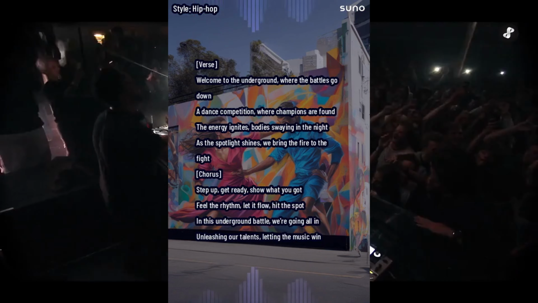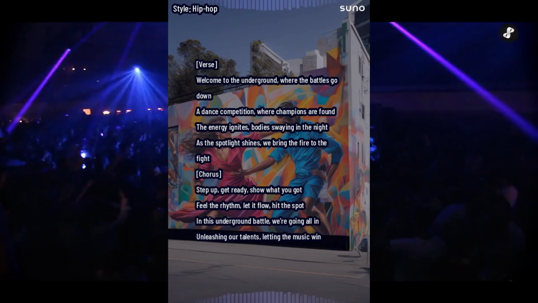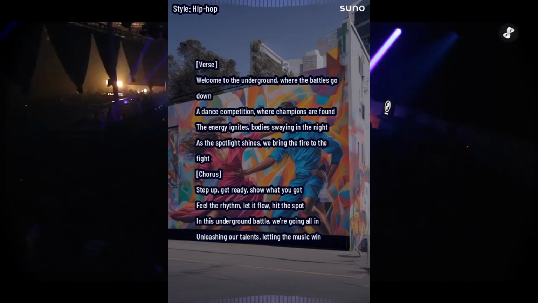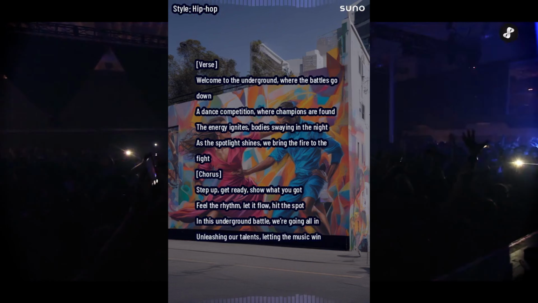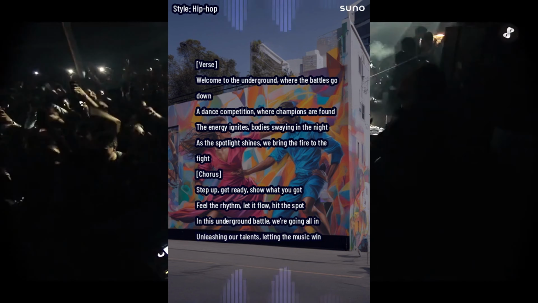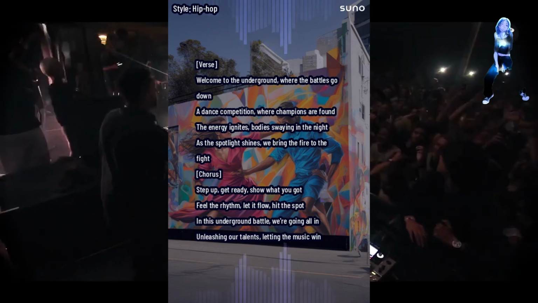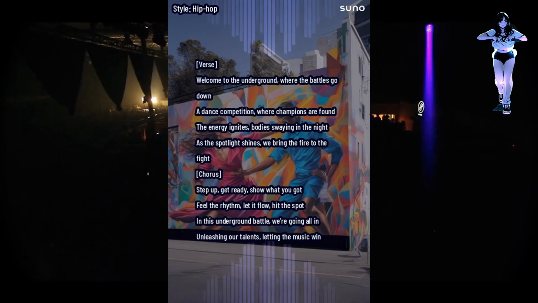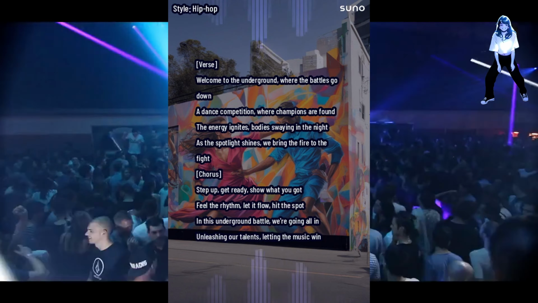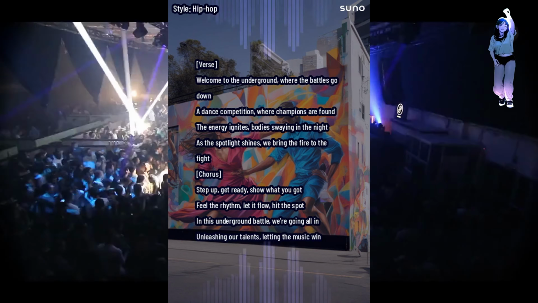Welcome to the underground where the battles go down. A dance competition where champions are found. The energy ignites, bodies swaying in the night. As the spotlight shines, we bring the fire to the fight. Step up, get ready, show what you got. Feel the rhythm, let it flow, hit the spot. In this underground battle, we are going all in. Unleashing our talents, letting the music win.